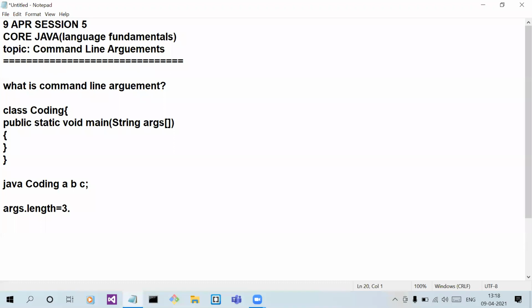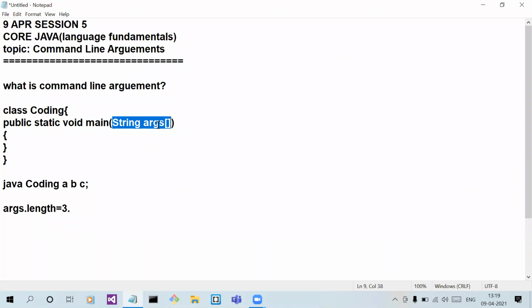Okay. So now there is one question. Why is command line argument always string type? You guys may ask, why don't you take it as int type or double type or long type? Why is it always string type? What is the reason? We always write a string array, we always take a string array. What's the reason?